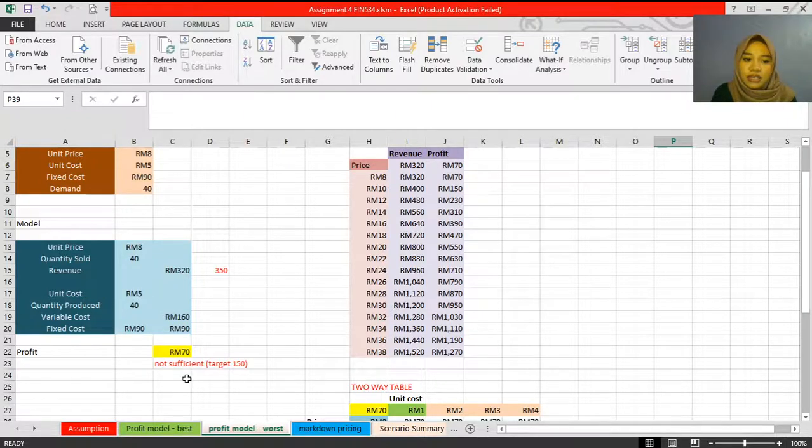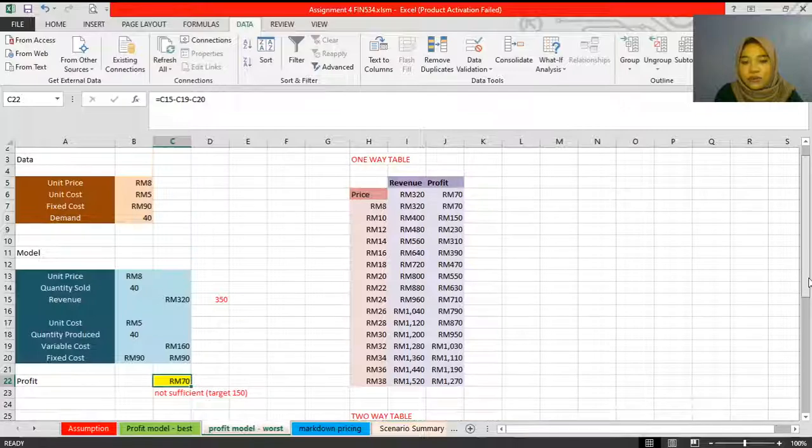My unit cost is 5 ringgit and my quantity produced is 40 units, so my variable cost is 160 ringgit, and my fixed cost is 90 ringgit, so my profit is 70 ringgit, which is not sufficient, as my target is